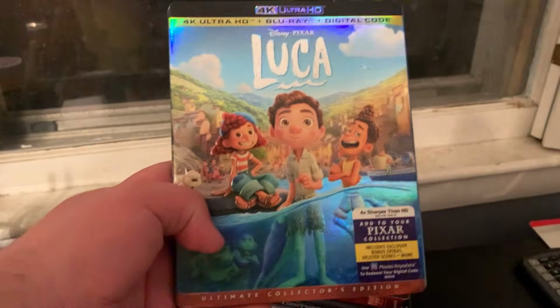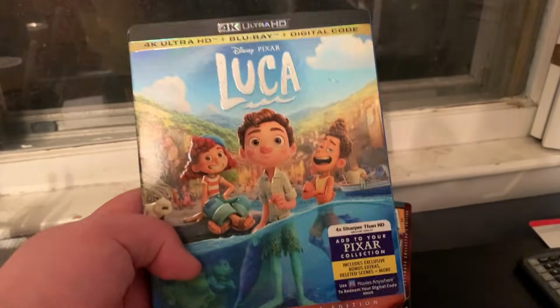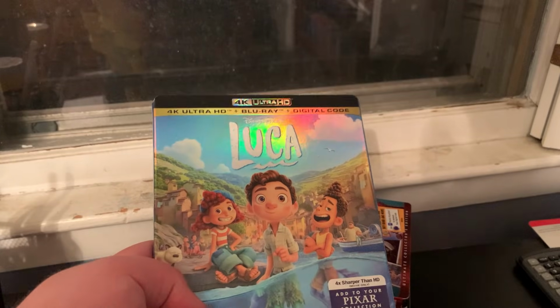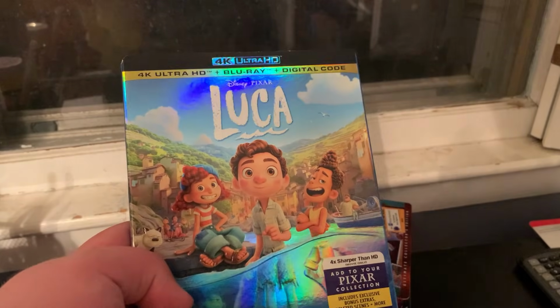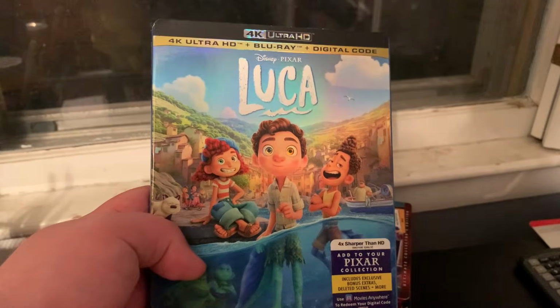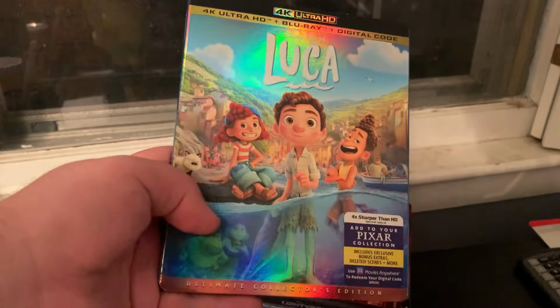then, at that time, Disney was starting to do this thing where movies would be released in theaters and on Disney Plus at the same time, but the Disney Plus would be a $30 premium fee. They didn't do that for this movie. This was just released as a Disney Plus exclusive for free, which was weird because at that time,